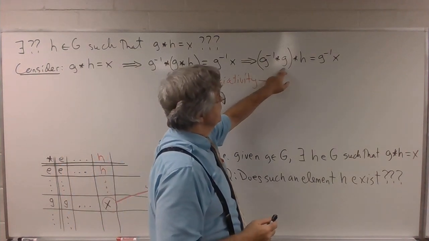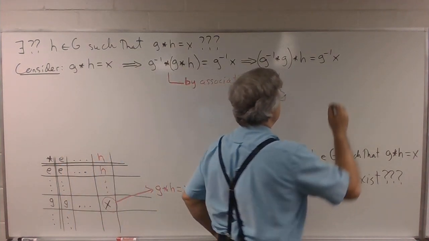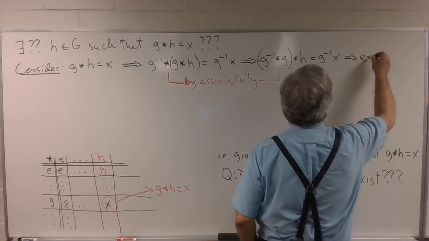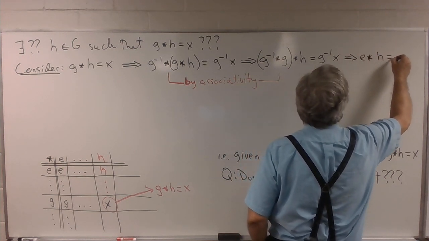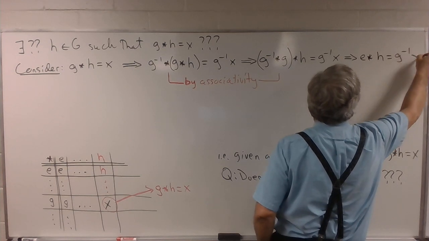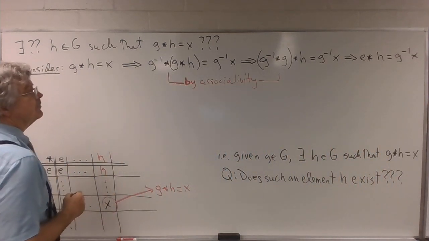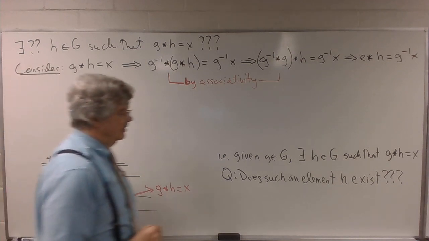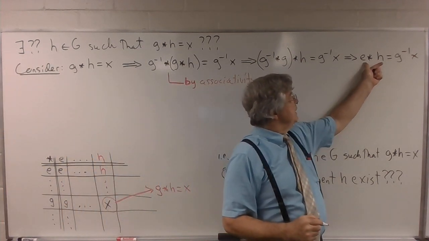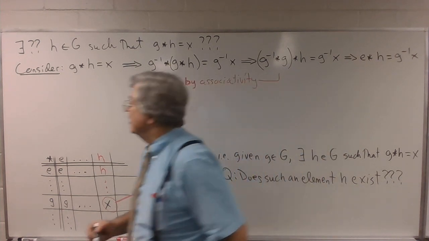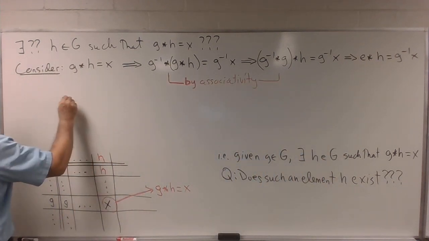And g inverse star g is just the identity. And the identity star anything is that thing. So this gives us